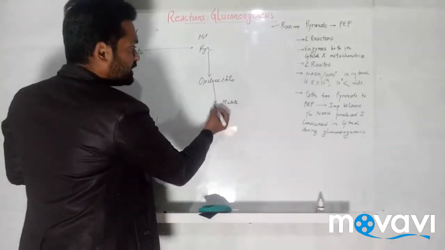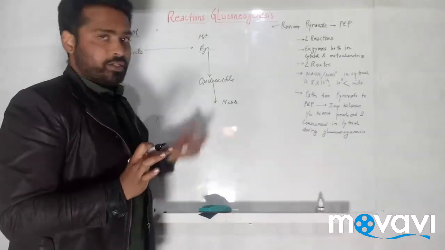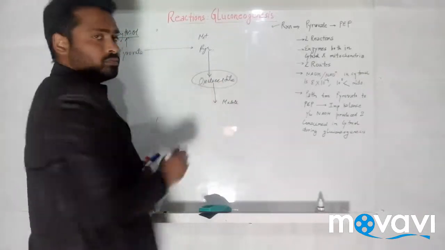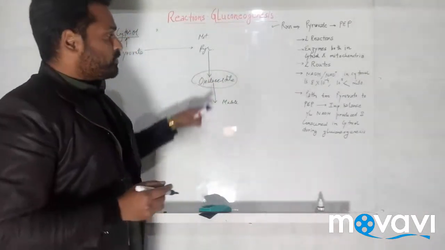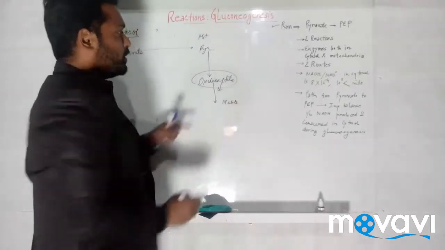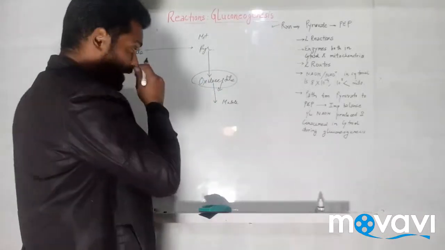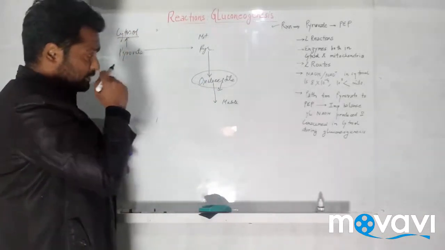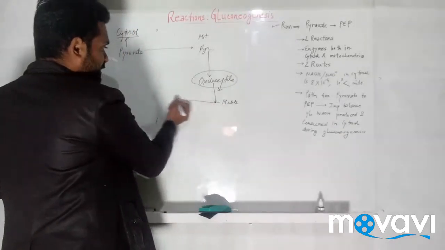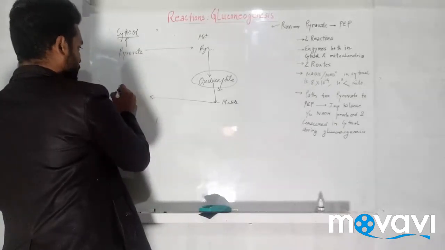The first reason is that there are no transporters on the mitochondrial membrane for the transport of oxaloacetate into the cytosol. That is why we are converting this into malate. What we are doing here is reducing this oxaloacetate into malate. So now this malate can be directly sent into the cytosol,